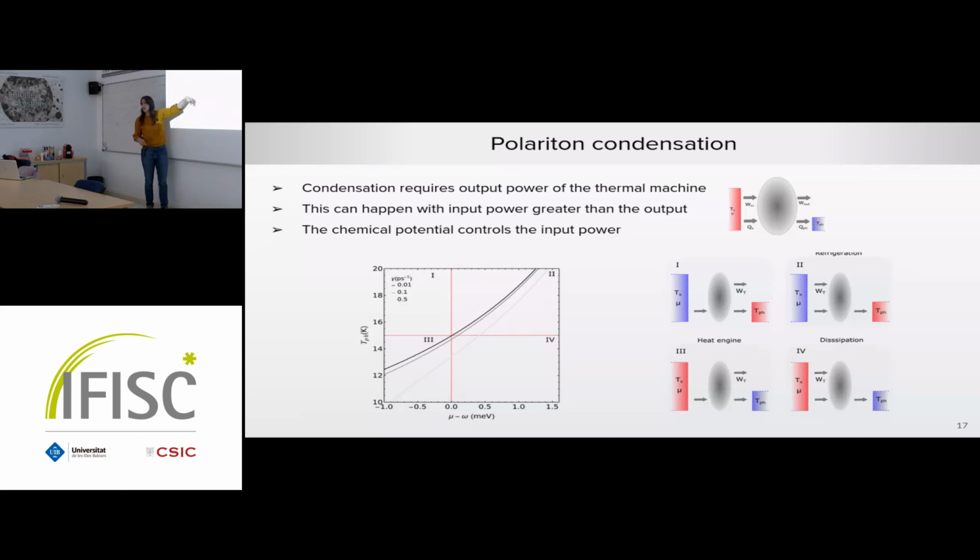So the gray, again, is the diagram where below you have condensation. The third one is the heat engine, which is the one that we already see. And that's just a dissipation regime where you have input work, but the heat flows in the normal direction. And here the interesting thing again is, as you get to smaller losses, you cross this point where the line of the boundary of the phase diagram crosses from heat engine to refrigerator without dissipation, because that's a reversible limit.